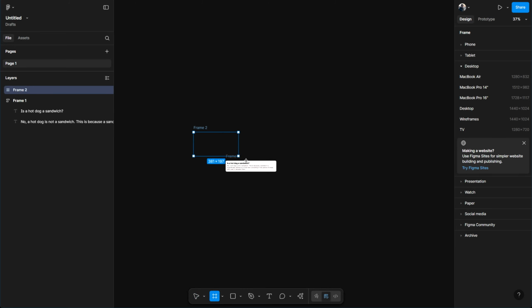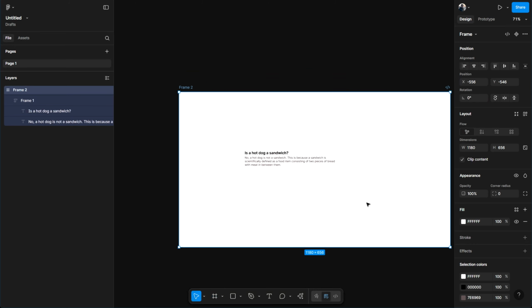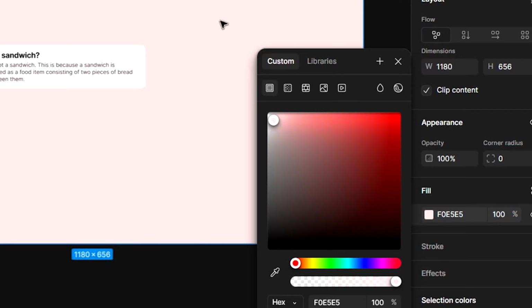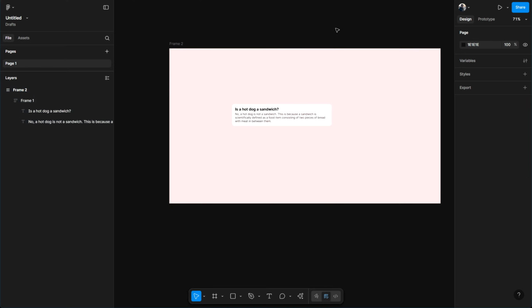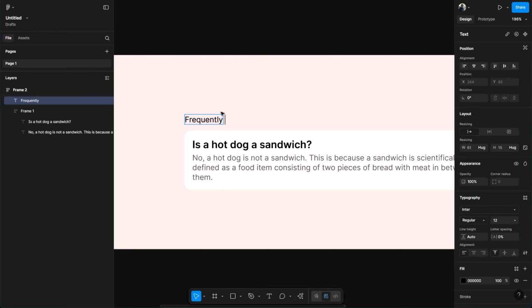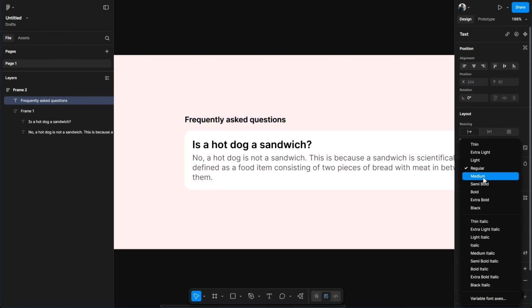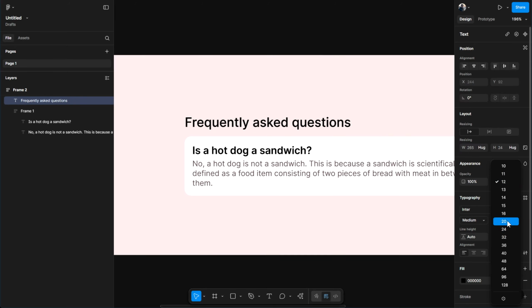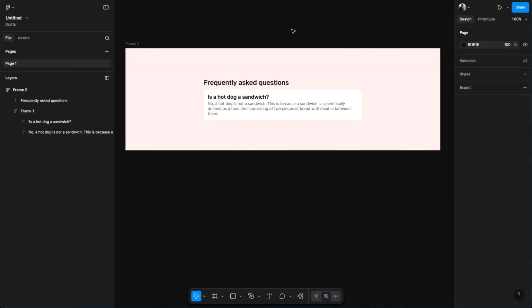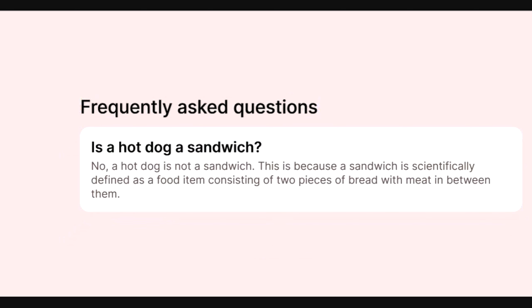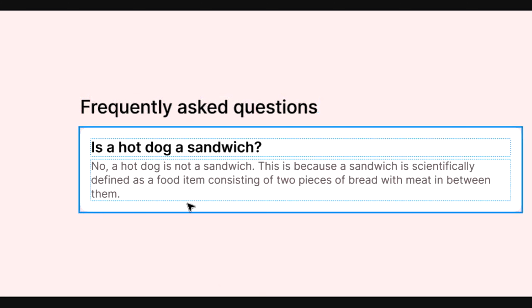I'm also going to make a background fill for the page that this is going to be on, a light pink, a light salmon color. There we go. And let's add some text for frequently asked questions. And I will make this medium and turn this up to maybe 20. There we go. So now that we've got our basic layout figured out, like what the individual style of our questions are going to be,